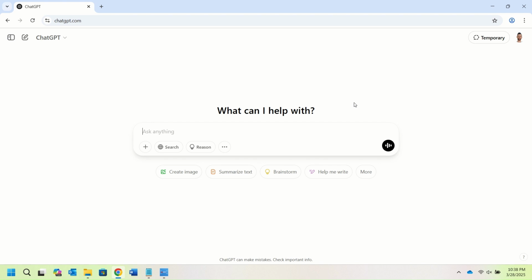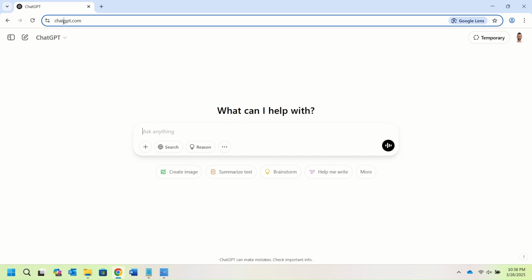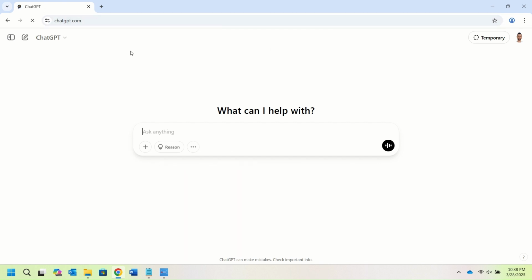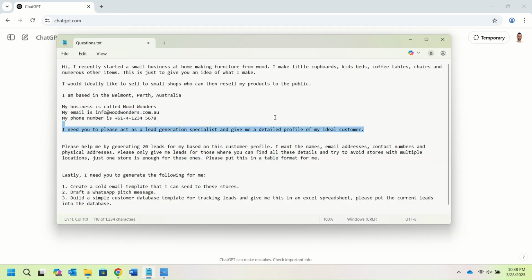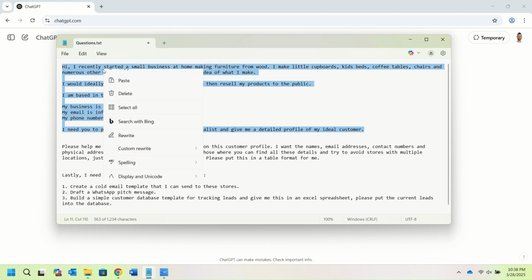And instead of using Google and doing this process manually, I'm going to make use of ChatGPT to be this lead generation specialist for me. So you can just go over to chatgpt.com, and then you need to give it an input. So you can ask it something or give it an instruction or whatever it is that you need it to do for you. I'm not going to type everything out and waste your time by watching me type. So I've already